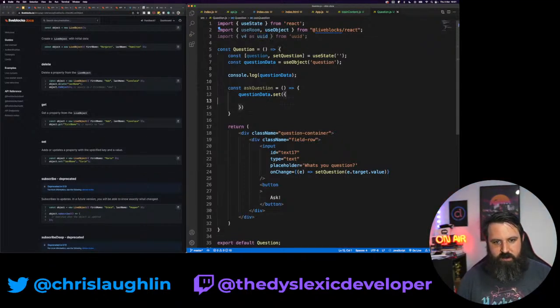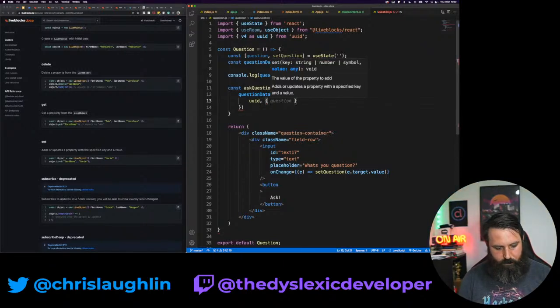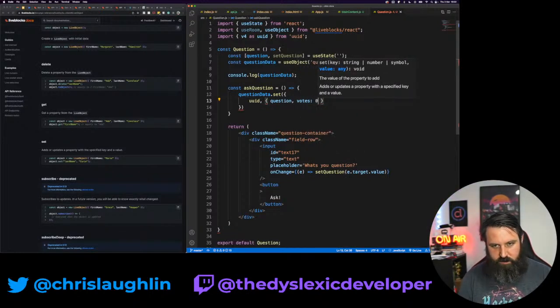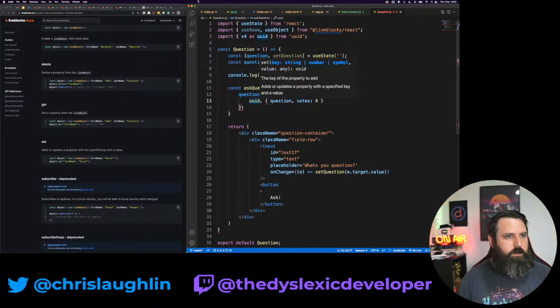So in here, I'm going to say the key is UID, and the value is going to be question, and we'll say votes, because we're going to add in a voting system. Votes 0. Is that right?